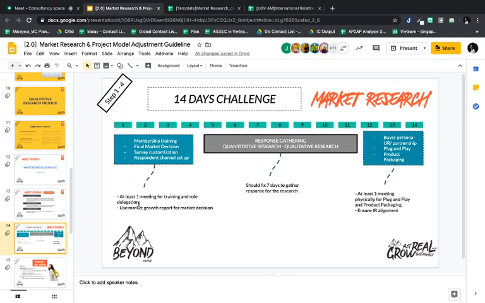For example, you need to delegate roles, how many people and from which sub-department will gather responses, for example for quantitative research. Maybe quantitative research should go to the marketing team, because they are familiar with digital channels already. But for qualitative research, maybe sales and CXP. For returning response collection, it will normally be CXP, and for strangers who have never been to exchange before, maybe the role of CX and sales.